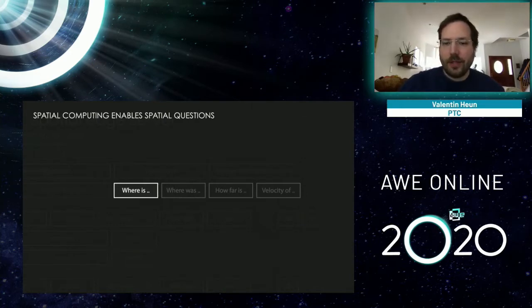How far is something away from something else? Or what is the velocity of something? So these are very simple questions, but they were really hard to answer in the past. And now we finally have these kinds of technologies that allow us to gather the location in addition to the data that we want to process and start using questions like that when we write software.